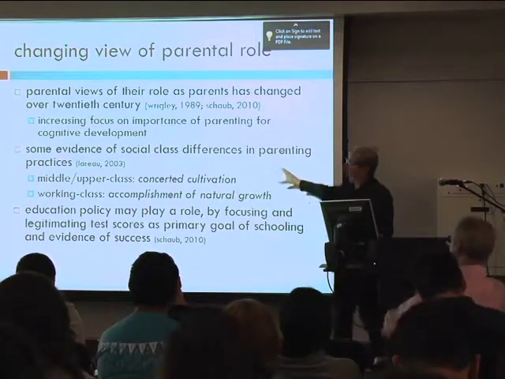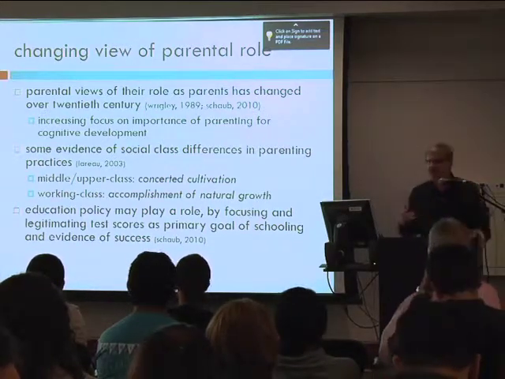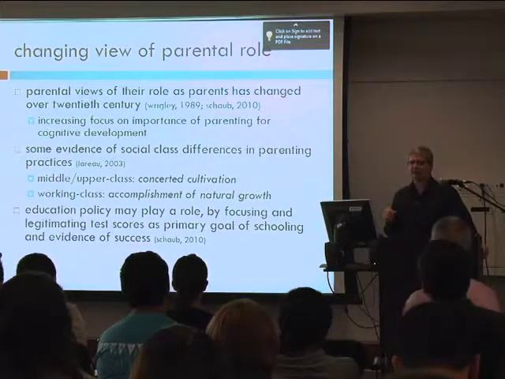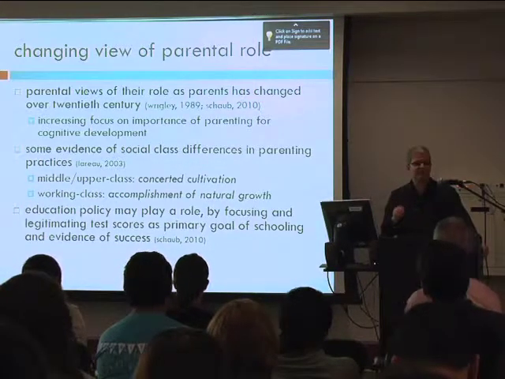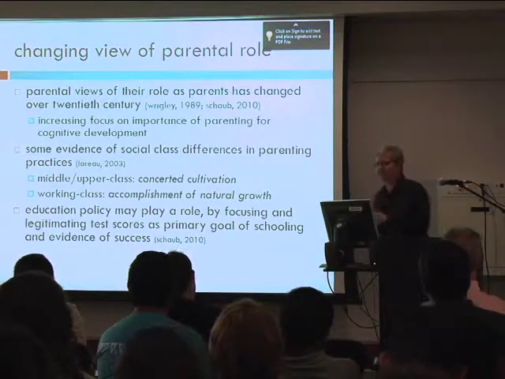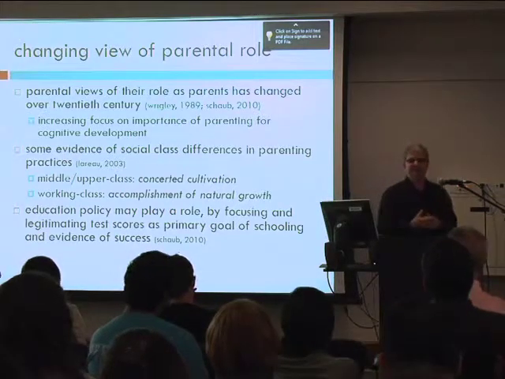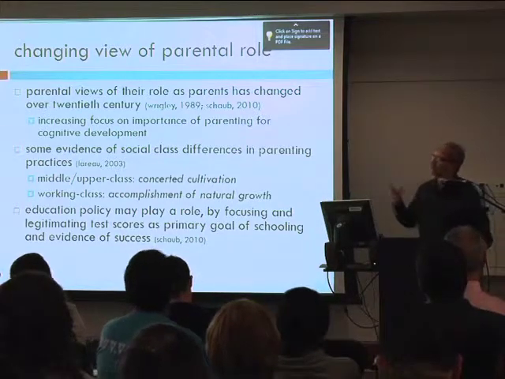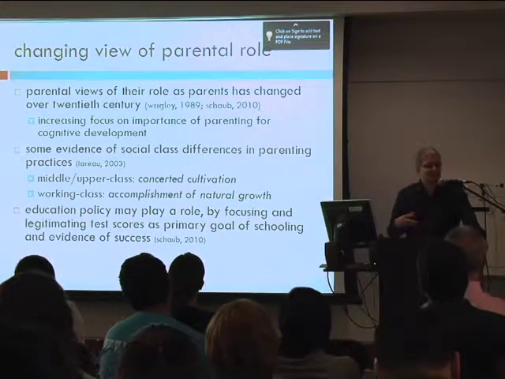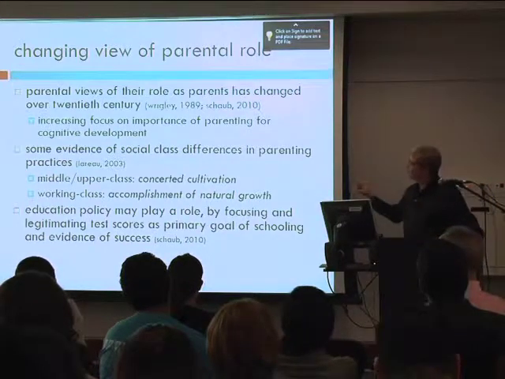She argues that middle and upper class families have a sort of model of parenting she calls concerted cultivation. Think of it like this. The parents think their children are orchids. An orchid is a very delicate flower, right? You have to water it with an eyedropper and sort of hover over it to make sure that a leaf doesn't actually fall on it or something, right? I mean, that sort of concerted cultivation model says parents have to nurture and focus on the development of their kids,